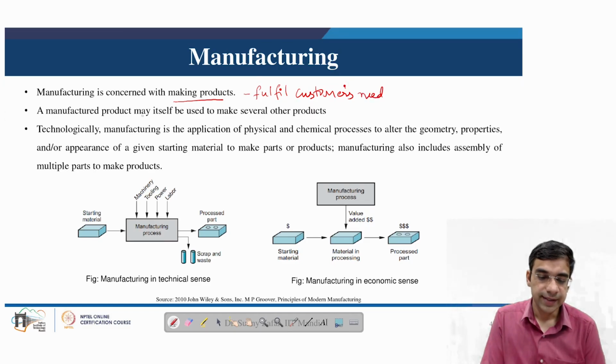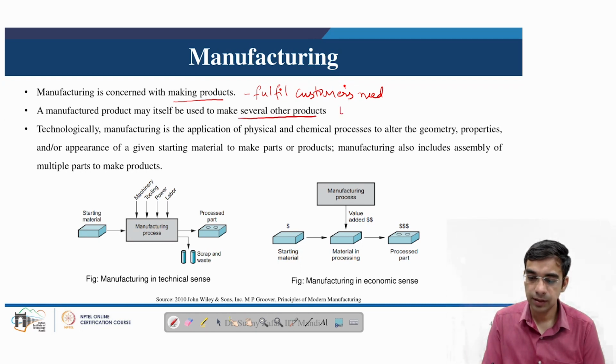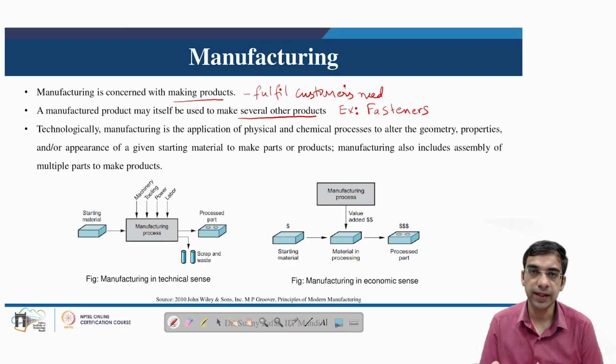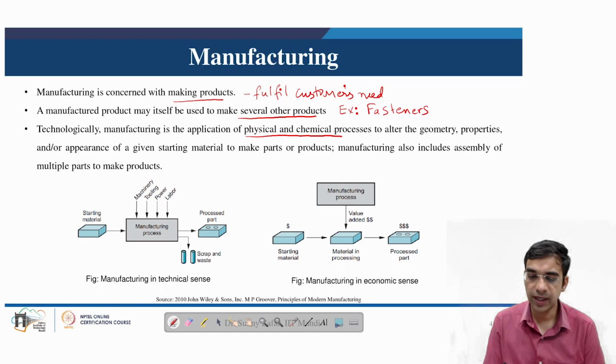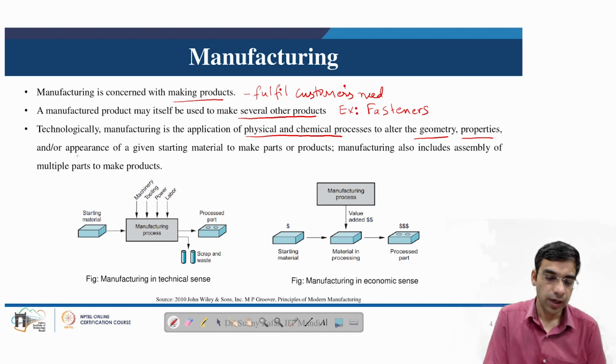A manufactured product itself may be used to make several other products. An example here is all the fasteners. Like we look around, all the nuts, bolts and screws are themselves products, and a combination of these products may be used to make several other products. Technologically, manufacturing is application of physical or chemical processes which alter the geometry, properties and or appearance of the